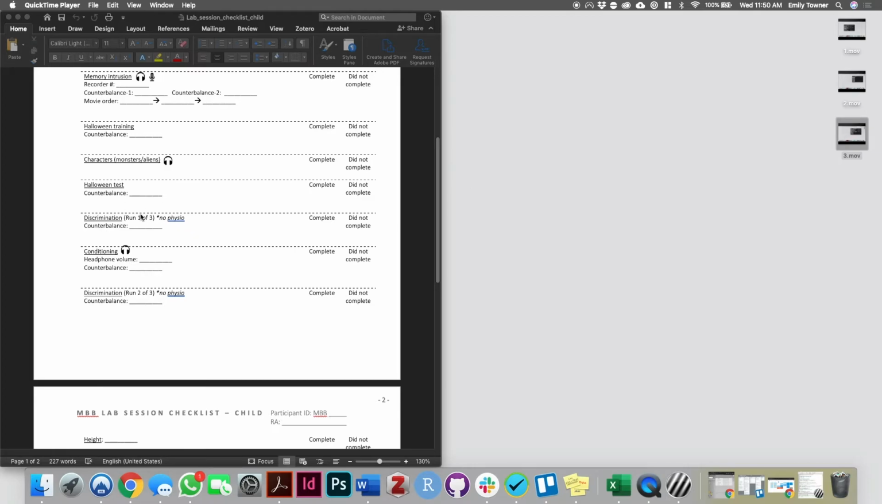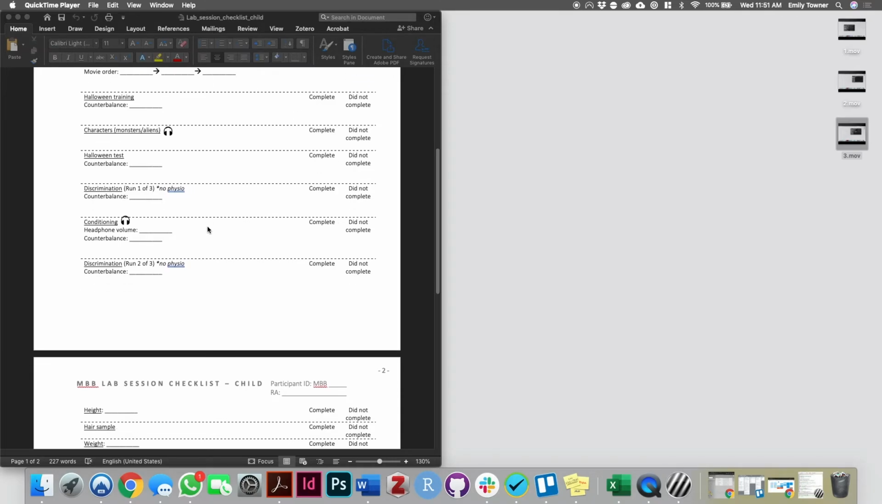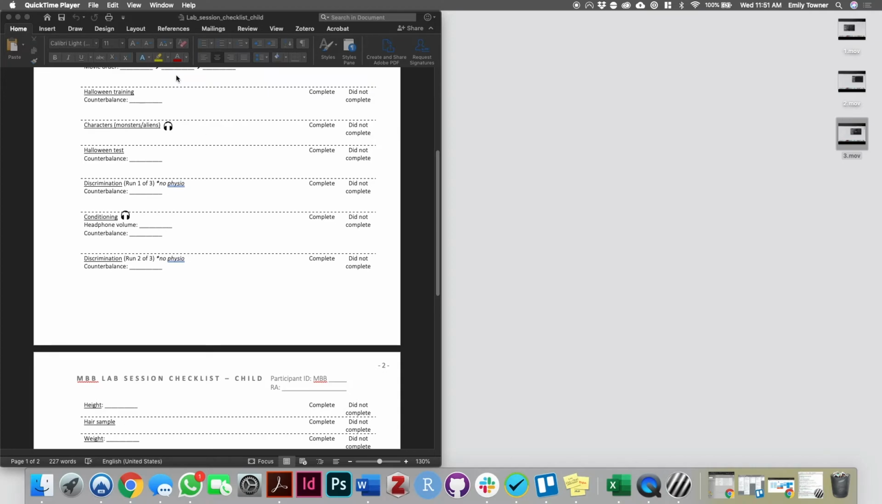Okay, so for discrimination, because it's a Python file, not an experiment file, you actually have to press Apple Shift Escape if you want to escape from that one. Okay, so then the next one you're going to do,